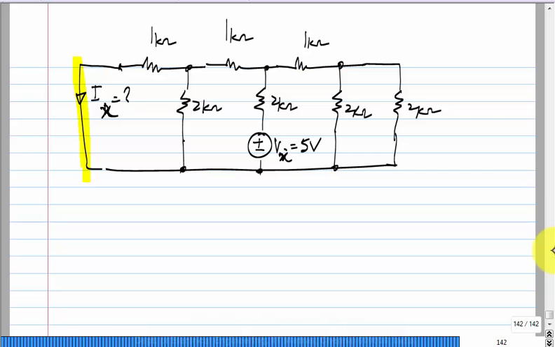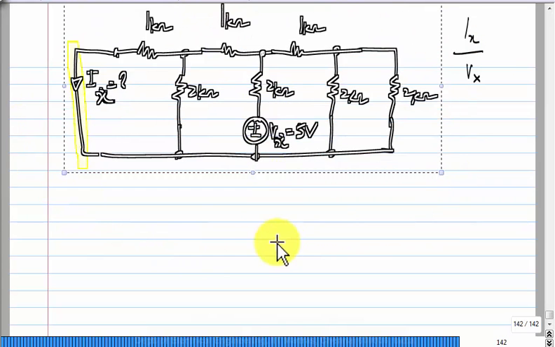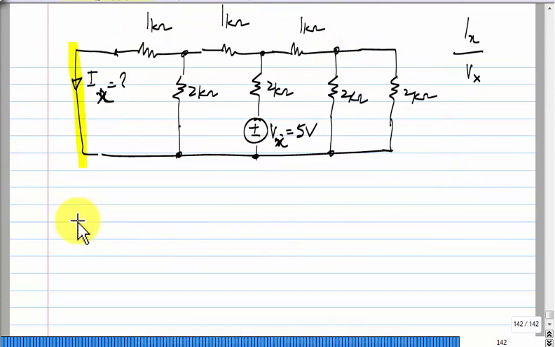But I was discussing something just before this, that related to the ratio of currents, right. This ratio Ix by Vx is the same as what? You have to take things in the right direction, but